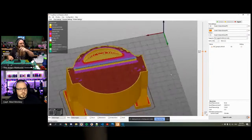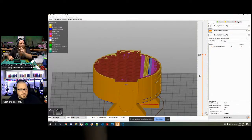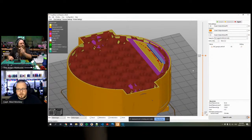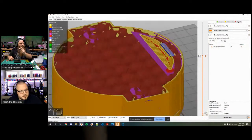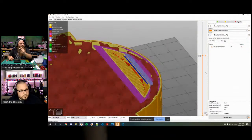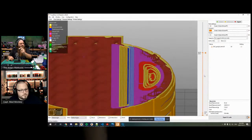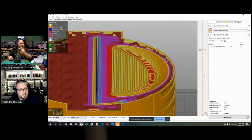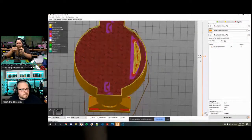What's going on here? What is this? Why is there extra geometry inside the model? What extra geometry? Look, watch. So it's made a hole, and now it's filling it in. So there's literally just a pocket of nothing. Oh, yeah. And if we keep scrolling down through the layers, we find...